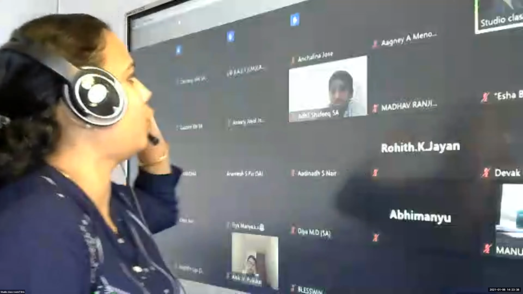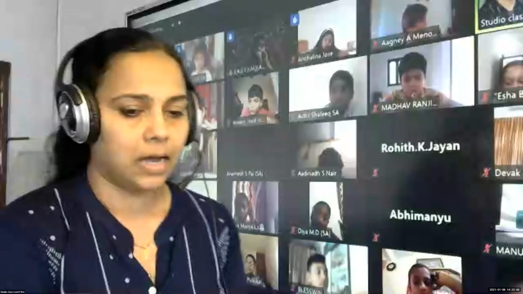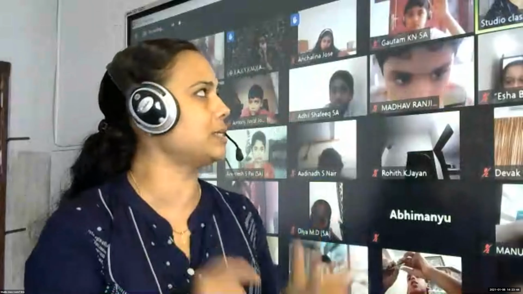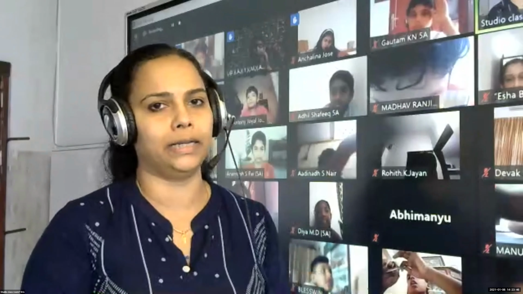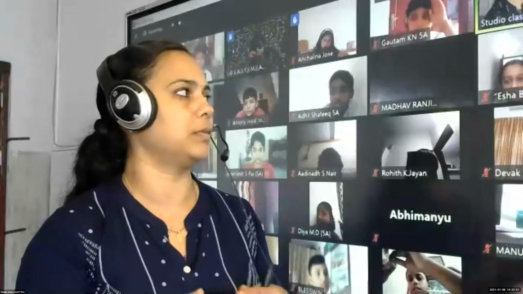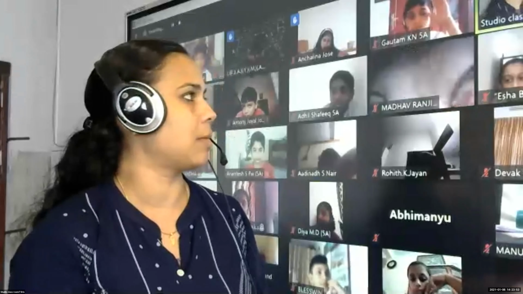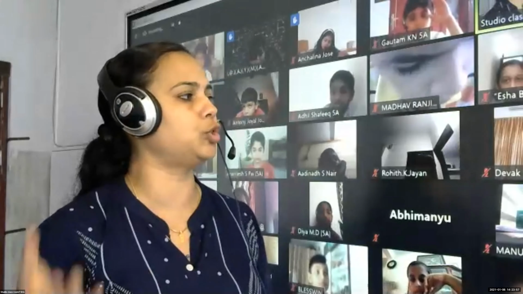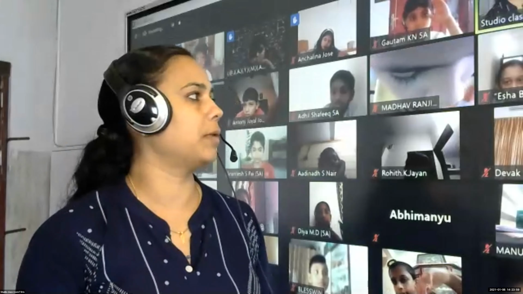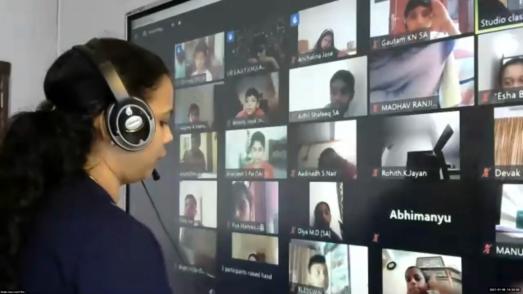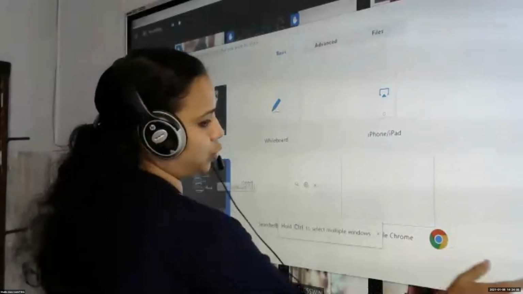So children, how can we convert unlike decimals to like decimals? What we have to do, first step, you have to identify which number has the maximum number of decimal places. Maximum number of decimal places. And in all other numbers, you have to place zeros to make them like decimals. Okay, now we will do an example, let me see who is going to tell me the answer.